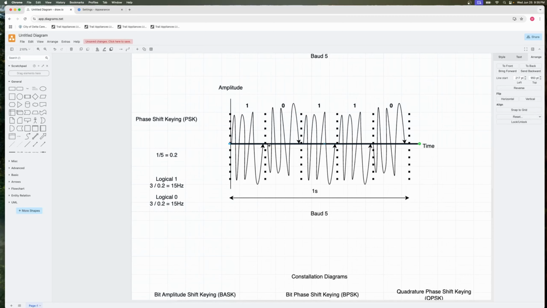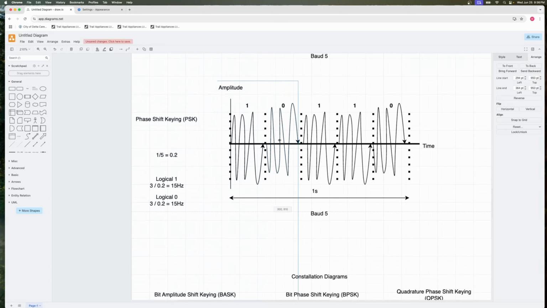So you can see here they both have 3 cycles. We're still going to be passing over 2 different values throughout this transition medium, but they will be the same because of this phase shift keying. It's just a shift in the phase. A phase shift just means it moves left or right along the x or y axes, so it's just another phase. If it was starting here like this, you can see it would have gone up and then down, but